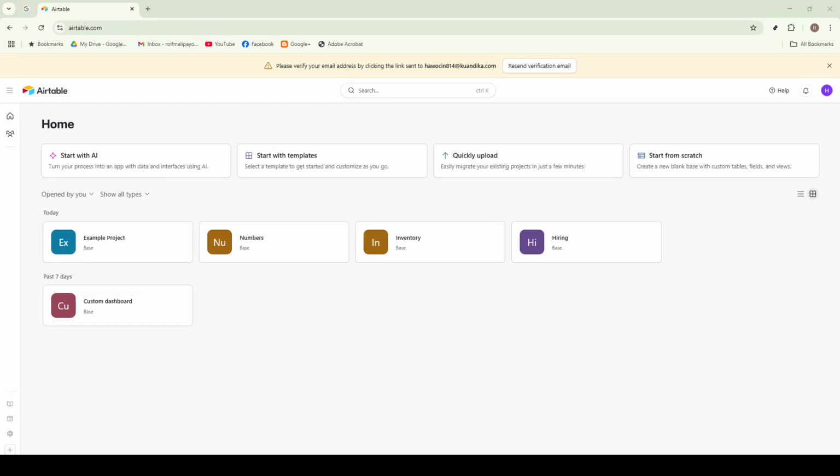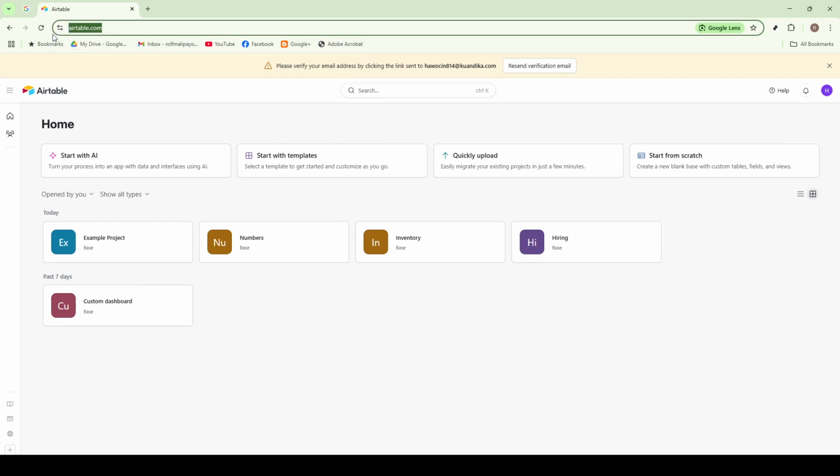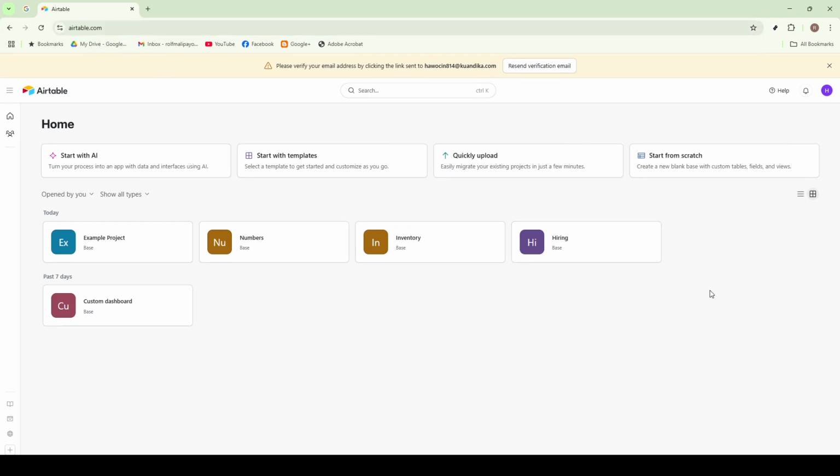In today's video, I'm going to teach you how to delete a record in Airtable. Whether you're cleaning up your database or removing outdated information, knowing how to properly delete records is essential for maintaining an organized workspace. Let's dive right in and go through the steps together to ensure you can confidently manage your